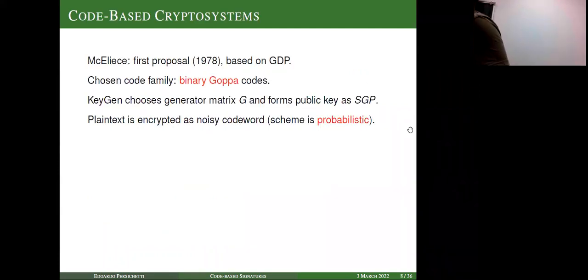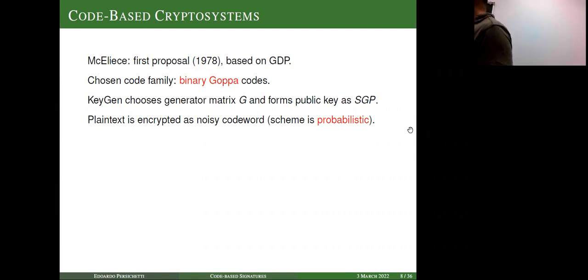Okay. So for example, what Michaelis did in 1978 is use binary Goppa codes. And again, to date, we don't know exactly why he chose these codes, right? He never said. Some people said he had some hint that these were going to be strong, but now we'll never know because Bob Michaelis passed away recently. So miraculously, or maybe not miraculously, he chose these classical codes, and to date, they haven't been broken in all